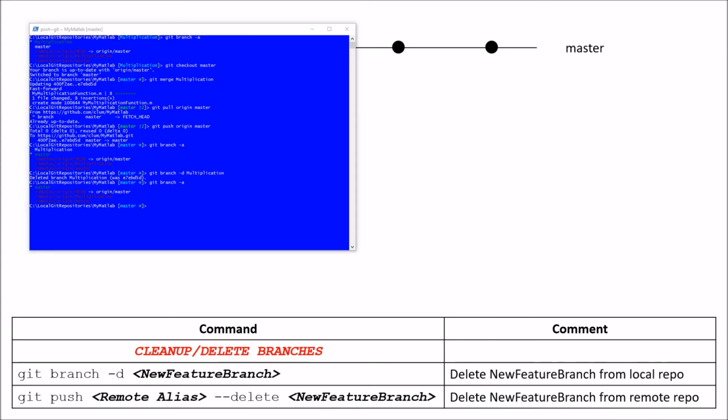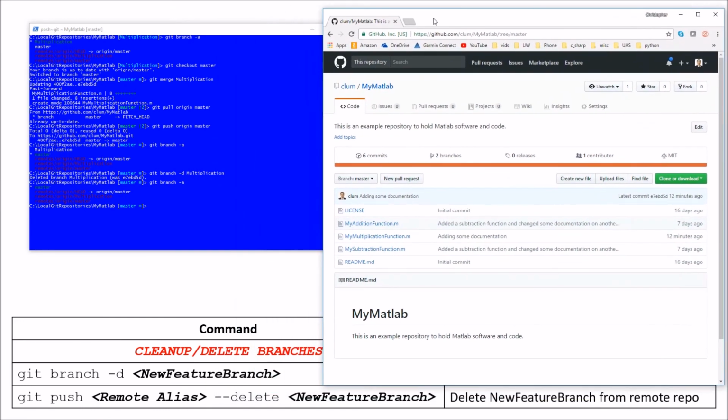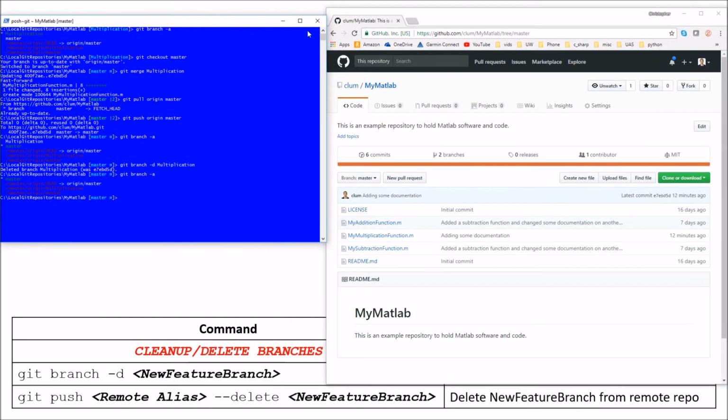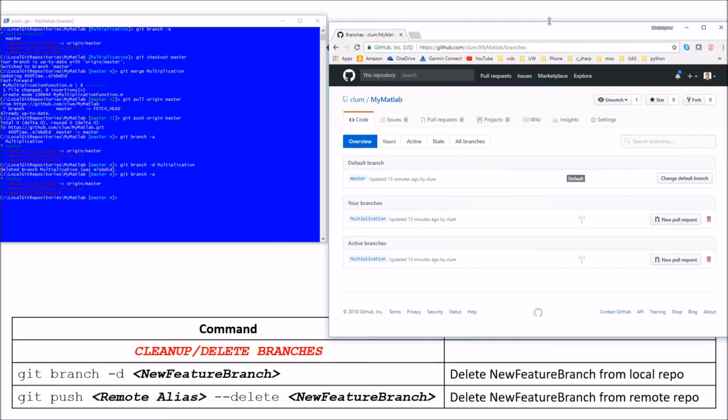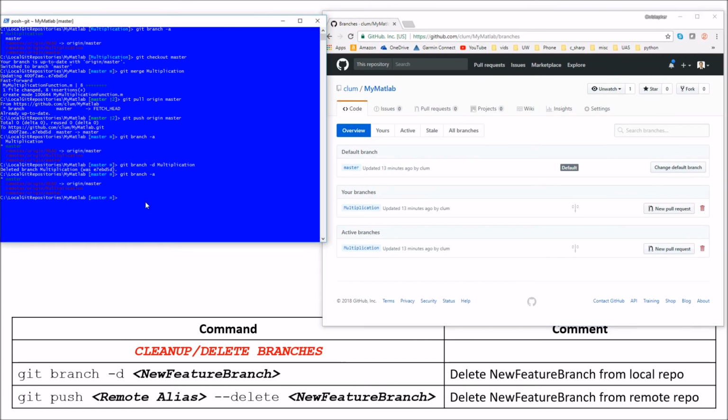Again, if you really want to see that, let's come back to the web page here. And again, if I refresh this, there are still two branches lying around here. We still have the multiplication branch on the remote repository. So let's go ahead and do that second command to get rid of it on the remote repository as well. So I need to git push origin --delete, and I want to get rid of the multiplication branch on the remote repository. So let's go ahead and execute that command